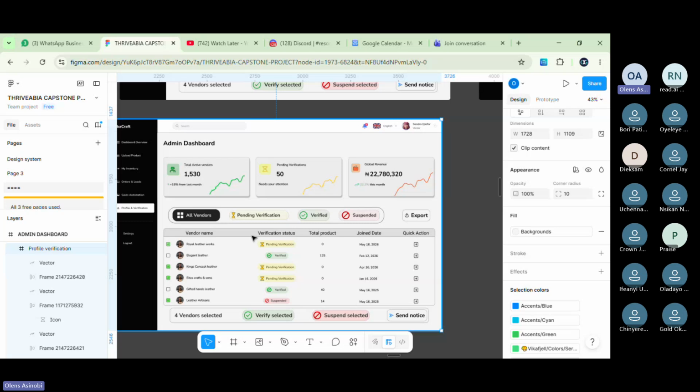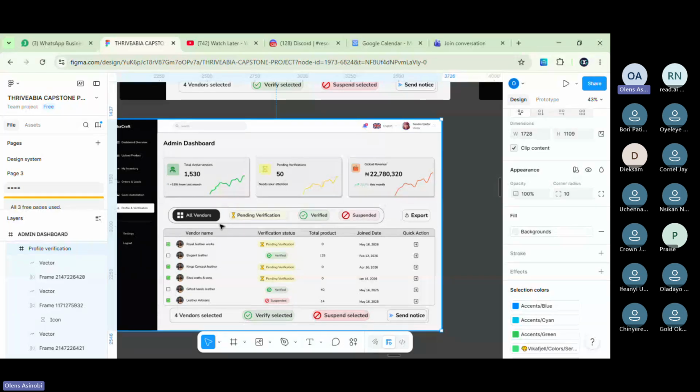The father should not come, the mother should not come, the sister, the daughter, the last one should not come, only the first son. But you are inviting the family. If you're not inviting the family, you invite only that individual, then you state it clearly that it's just the individual, right? So this pending, verified, and suspended, they are all one family. They are talking about the verification status of the vendors. So you can't say out of this verification status, let me just pick one and then the rest would not be important. Remember, the purpose of this page is to show the verification status of the vendors.